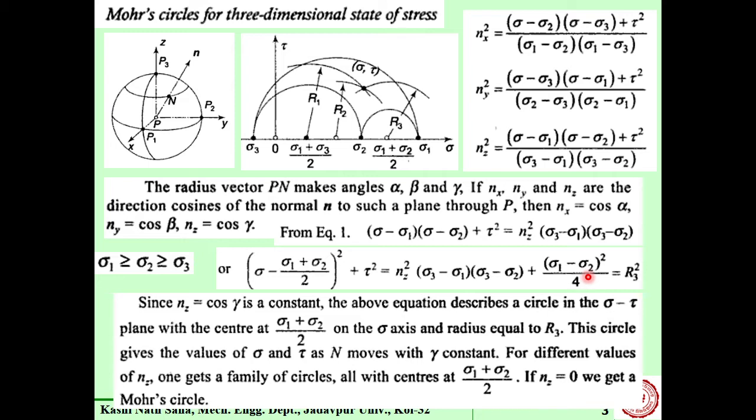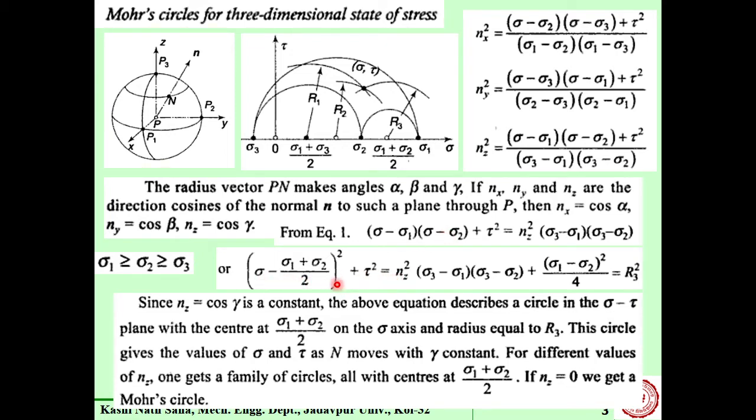Okay, because this will produce sigma square plus sigma 1 plus sigma 2 by 2, that is whole square, and minus twice sigma into sigma 1 plus sigma 2 by 2, and then bring it to the left hand side. You will see you get back this particular expression. Is it coming? I checked it? Yes, sir. Okay, fine, thank you.